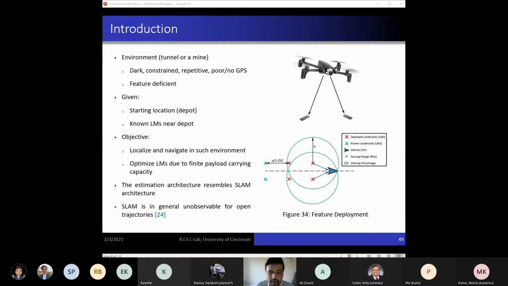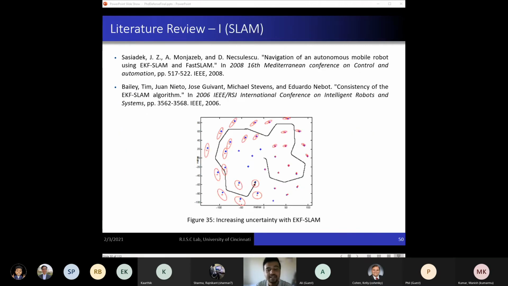Once the payload is deployed, the UV jointly estimates the vehicle and the landmark states. Therefore, the estimation architecture resembles SLAM, so it at least adheres to the same observability criteria as SLAM does. Therefore, what naturally follows is that we investigated the SLAM problem, especially visual SLAM and range-based SLAM. We looked into their advantages, limitations, consistency, and observability conditions. We are expecting similar behavior from our system. As a remark, for open-ended trajectories like SLAM, our system too will be unobservable, that is without feature revisits.